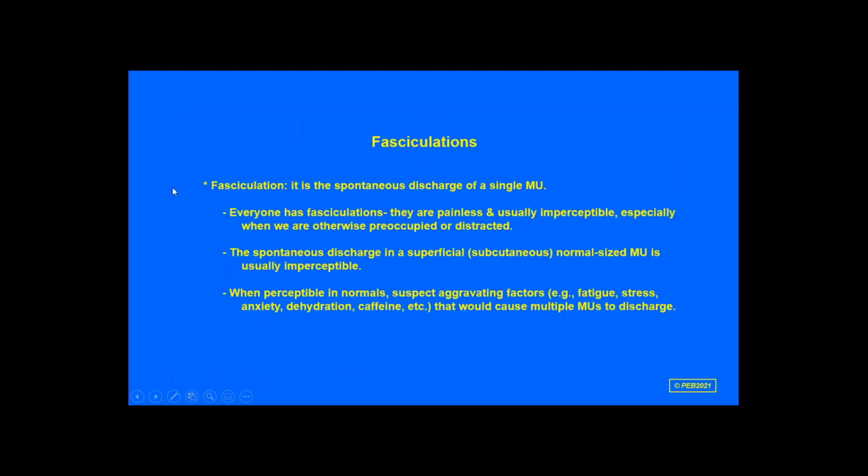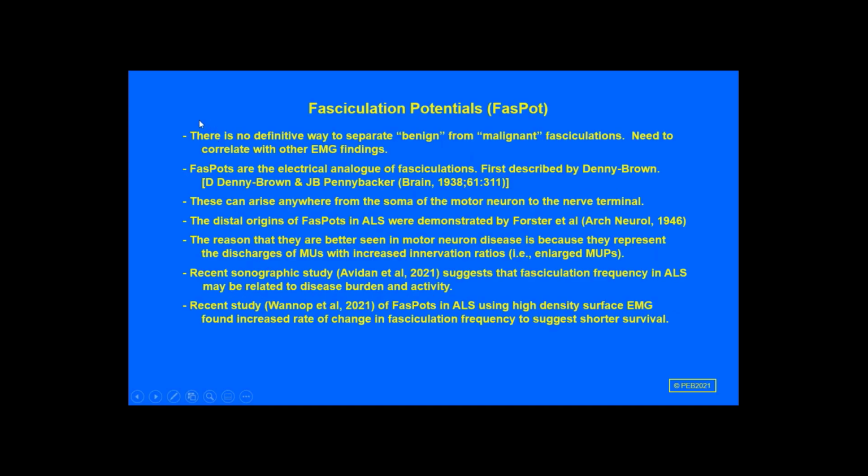So fasciculations, the bottom line is everybody has them. It's the spontaneous discharge of a single motor unit. They're painless, usually imperceptible in normals, and of course, seen better in superficial motor units in people, especially in motor neuron disease patients. And when they're perceptible in normals, you kind of suspect aggravating factors as listed here: fatigue, stress, dehydration, etc. Continuing on, there's no definitive way to separate benign from so-called malignant fasciculations, and we don't like to use those